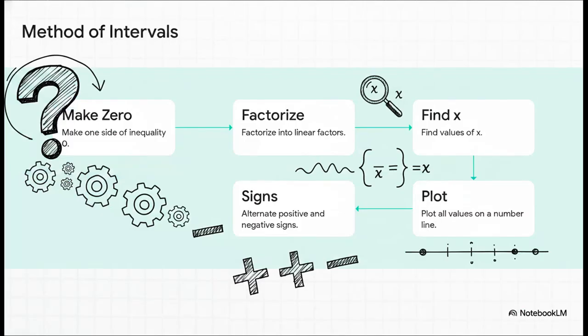Here, standard equation rules apply, but with a few critical twists. The method of intervals is your foolproof step-by-step checklist. You just make one side 0, factorize, find your x values, plot them on a number line, and alternate your positive and negative signs. It perfectly structures a process that, let's be honest, usually feels like pure guesswork. But wait,